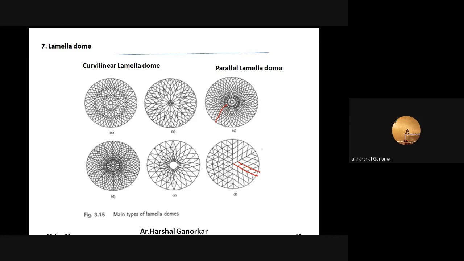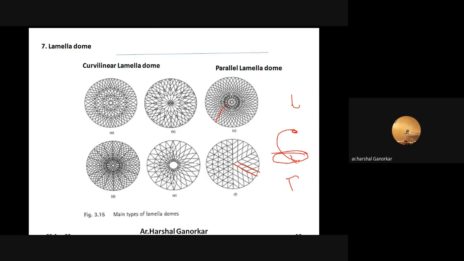So vertically, if I have this as a tension ring, and here I have a compression ring, then the point A, which is somewhere here, is going to go down like this. So I would get this. If I see in plan, the line will be in curve, and if I see in elevation, again the line will be in curve, because it is like this also. So here there will be a curve, as well as here there will be a curve. You would see this in curve, as well as from the bottom there will be a curve.